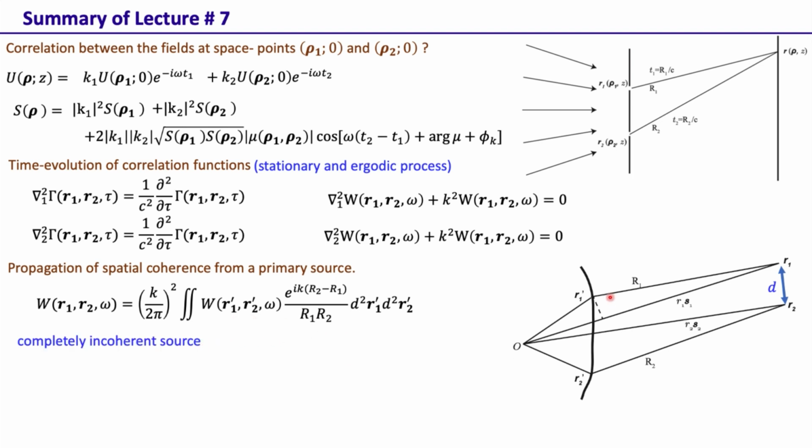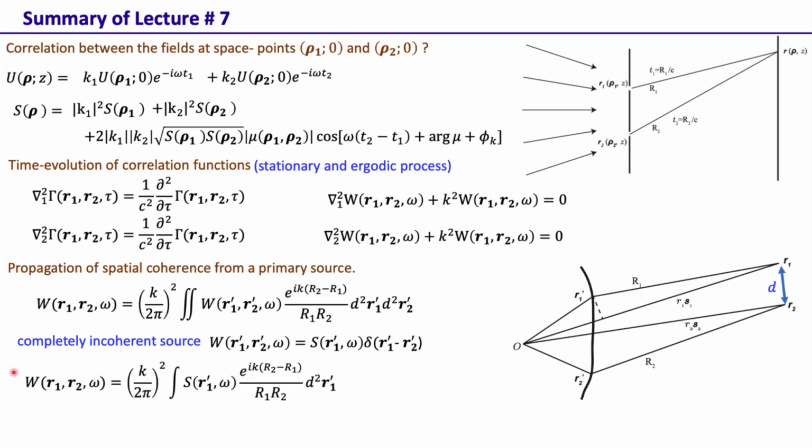Now for a completely incoherent primary source, W(r1 prime, r2 prime) assumes this form, that is the spectral density times a Dirac delta function. This basically says there is no correlation between two separate points. Unless r1 prime is equal to r2 prime, this quantity is essentially 0. So this is the definition of the completely incoherent source. And if it's a completely incoherent primary source, then the correlation at a pair of points r1, r2 away from the source is given by this, where this is now a single integral instead of 2,